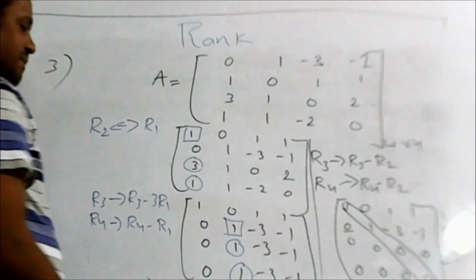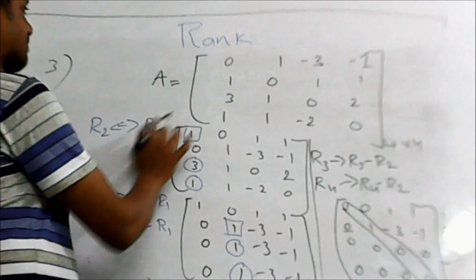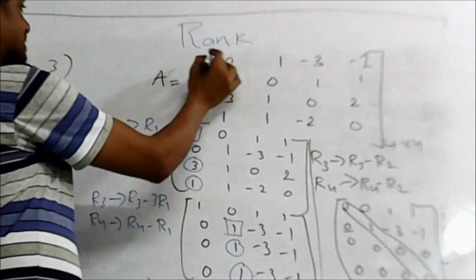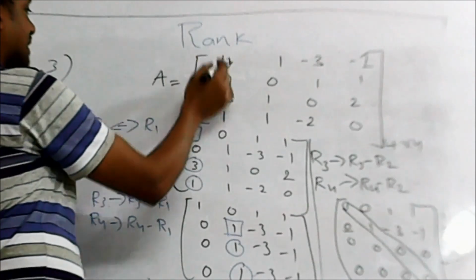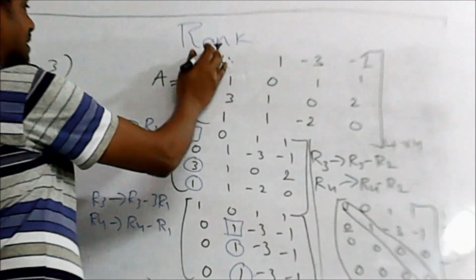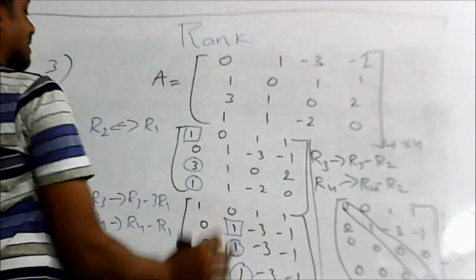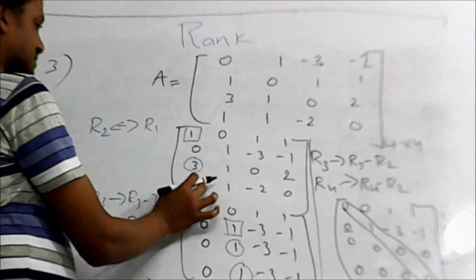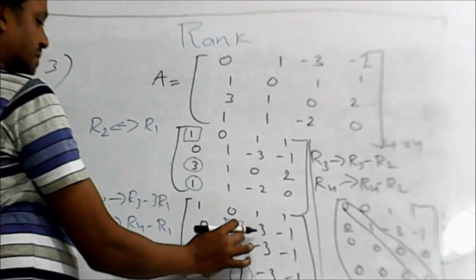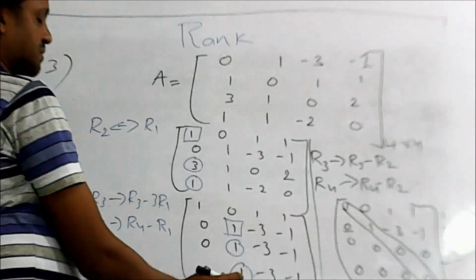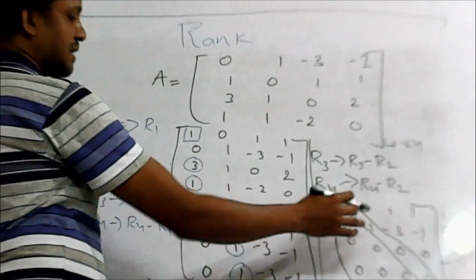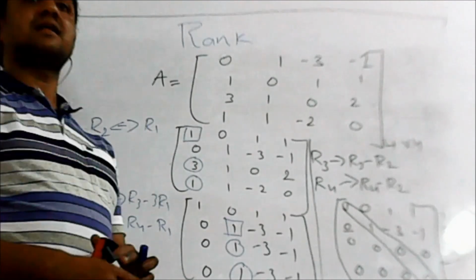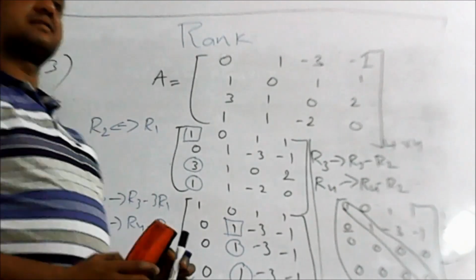So simply you need to remember two things. You need to apply row transformations. Choose the first diagonal. If it is not 1, you can interchange. If, suppose, 4 is there, you can interchange any rows such that your operation becomes easier. So use the first diagonal. Below the diagonal, if any non-zero is there, you make it zero. Then use the second diagonal and make the elements below the diagonal zeros. Then use the third diagonal, and if any non-zero element is there, make that zero. This is the way you can find the rank of the matrix. The approach is called row echelon form. Is it clear? Right. The next topic is